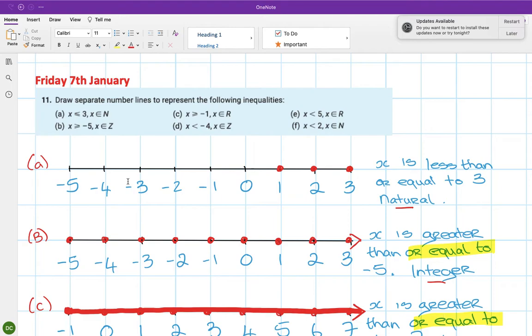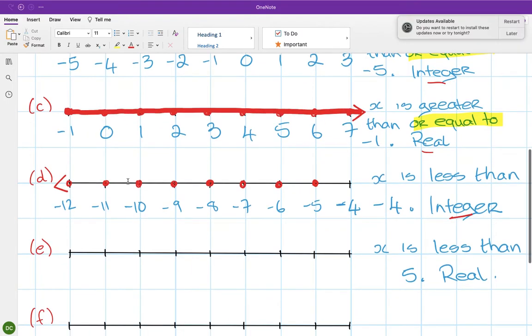So translating E, X is less than 5, and it's real. X is less than 5 and it's real. Okay? So again, if I'm going to go less than, it means I'm going to be moving to the left. So I'm going to put the 5 on the right, and I'm going to write down numbers that are less than 5. So that's 4, 3, 2, 1, 0, -1, -2,